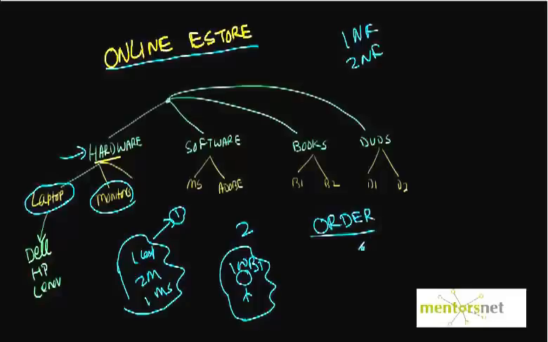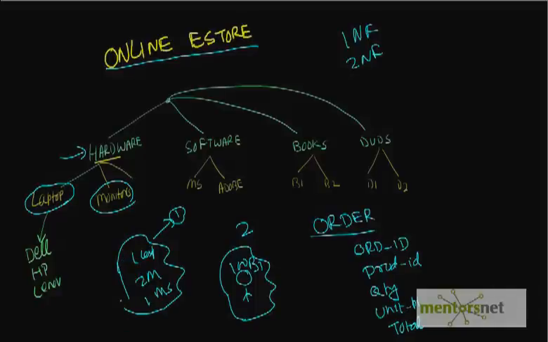In an order table we are going to have something called order ID, which identifies the order, like this basket. Then we are going to store product ID, which product he is buying. Then we might store quantity, how many monitors, how many laptops this order contains. And then unit price, how much each costs, and also total price, the total we are paying for this basket. If I do this, then my table is going to look like this.